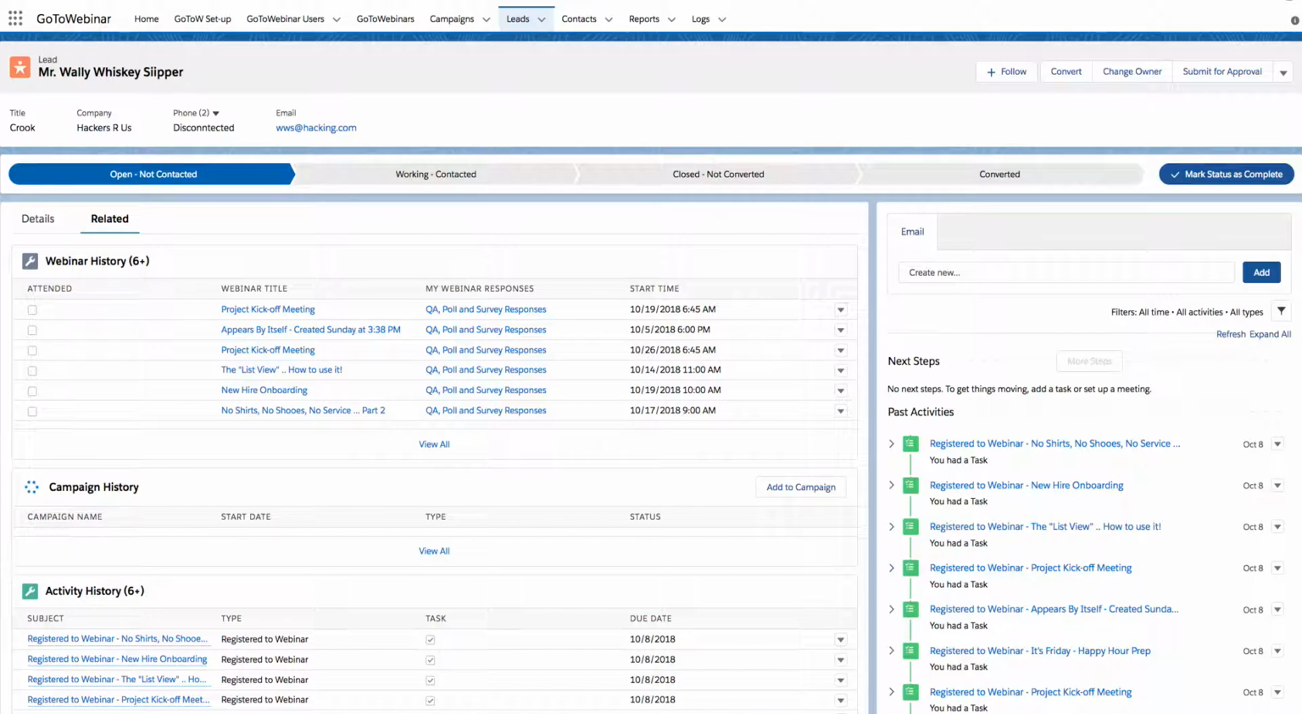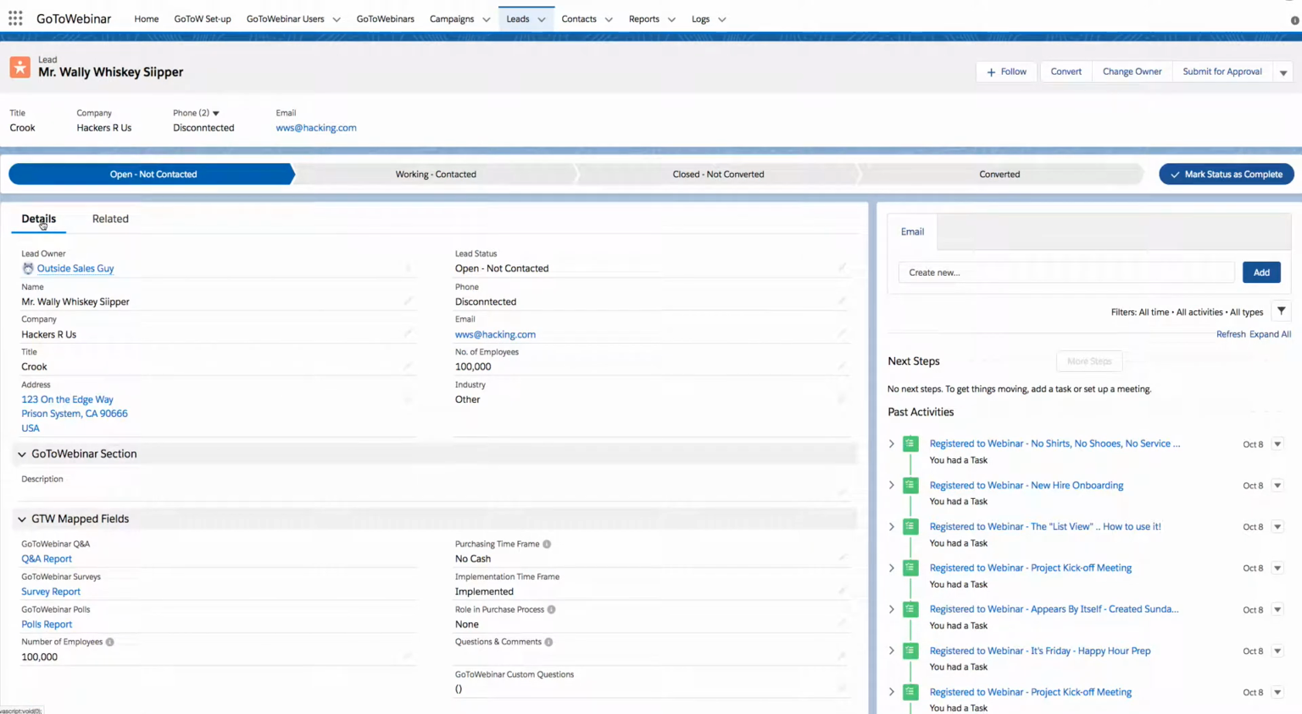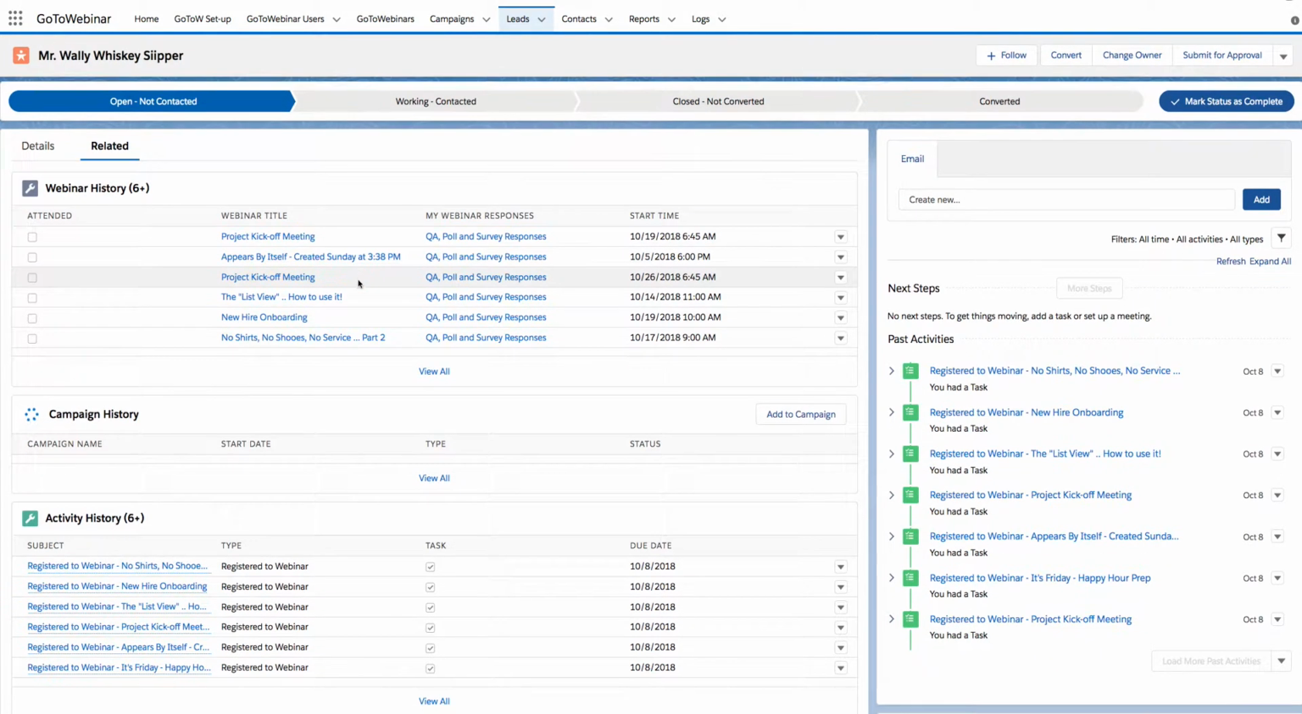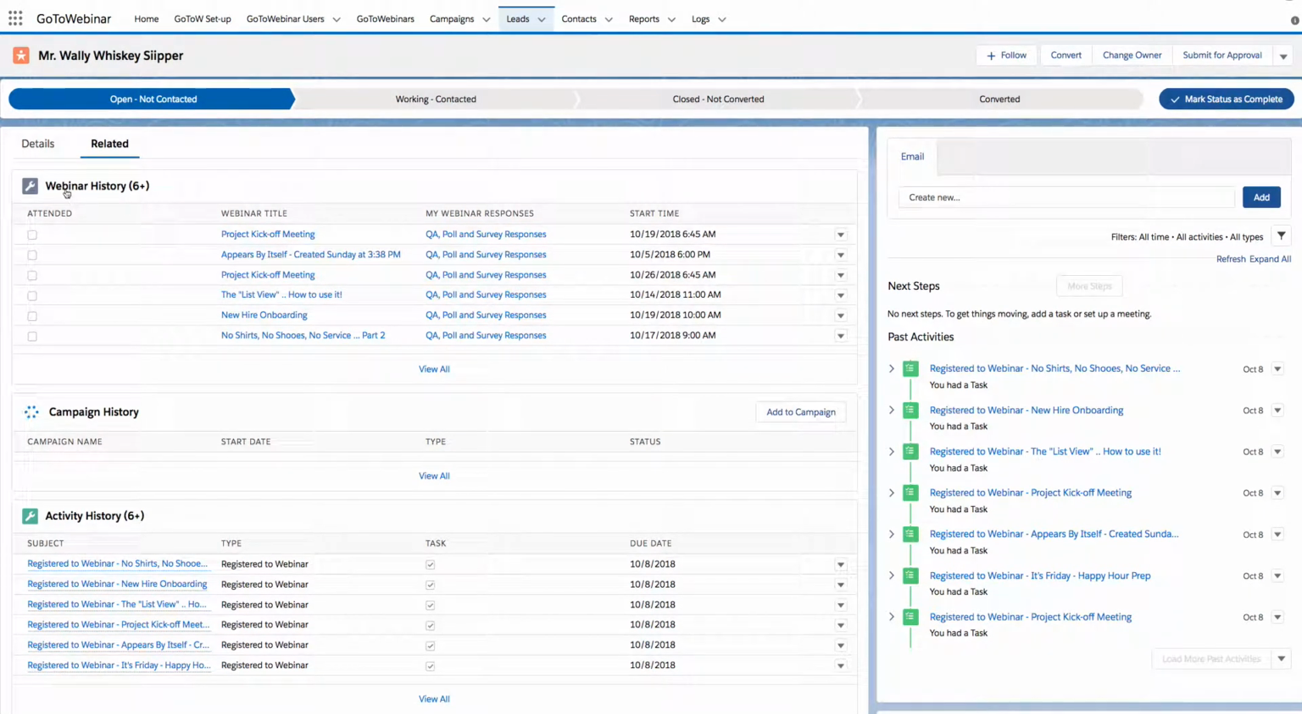So in this case here, I'm on a lead record. And from that lead record, I'll go back to the detail. So from the detail page, if I click on the related list, then I will start to see the webinar history. I have an object here called webinar history. And with that, I will see a list of all the webinars that this particular lead has registered for and